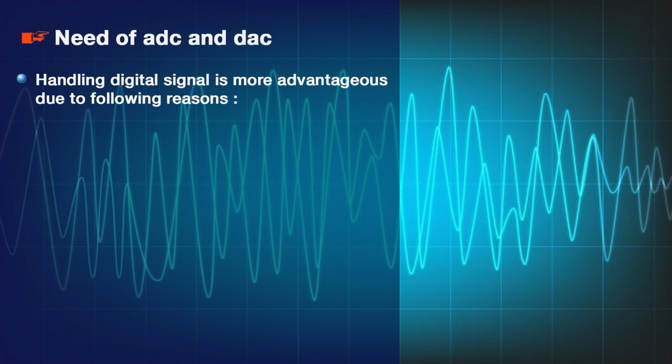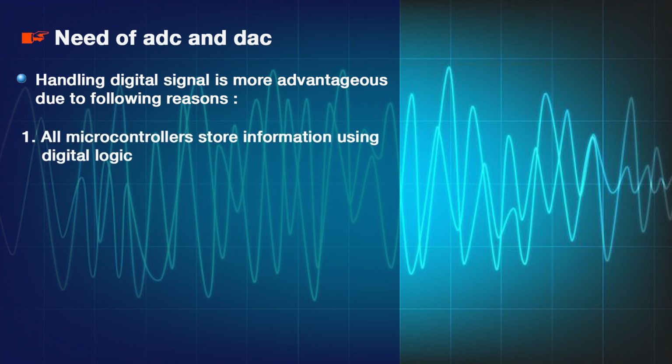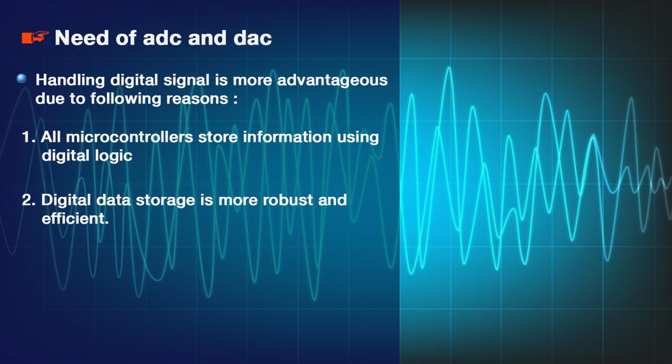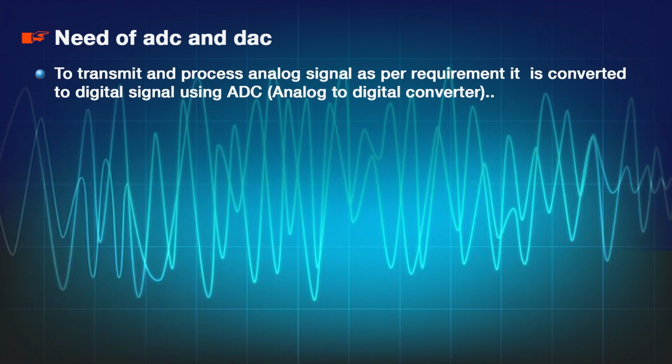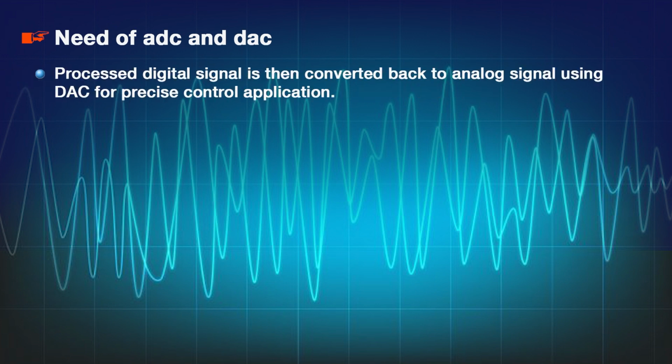Some reasons are: all microcontrollers store information using digital logic. Digital data storage is more robust and efficient. Digital data transmission is more efficient. Digital data is easily reproducible. So, in order to transmit or process an analog signal as per our requirement, it is converted to a digital signal using ADC. Then the digital system processes it, and that processed digital signal is converted back to an analog signal using DAC